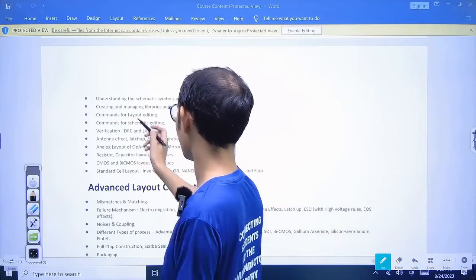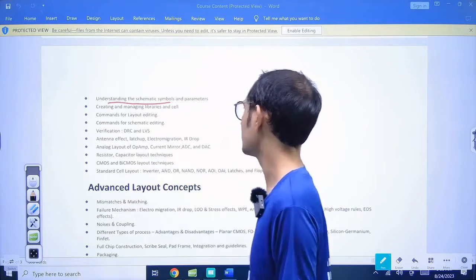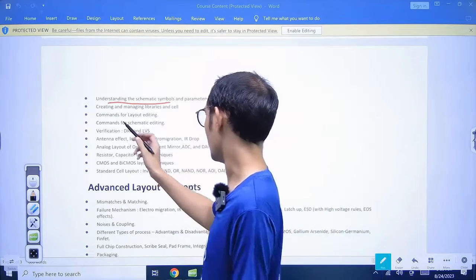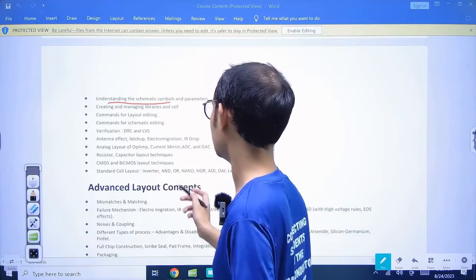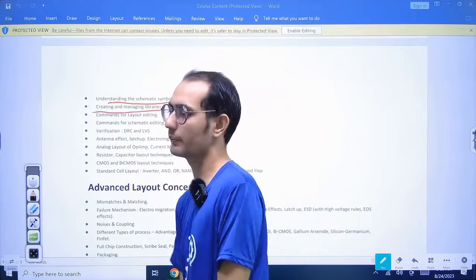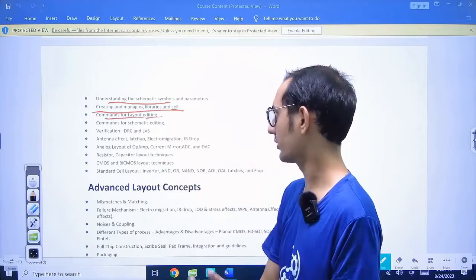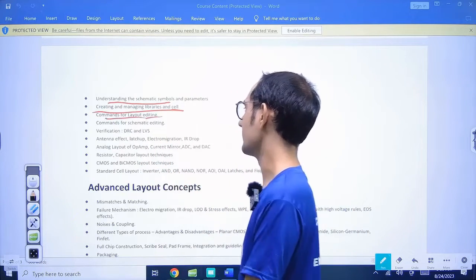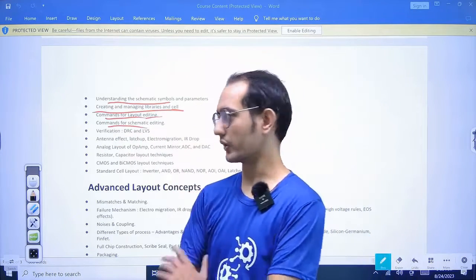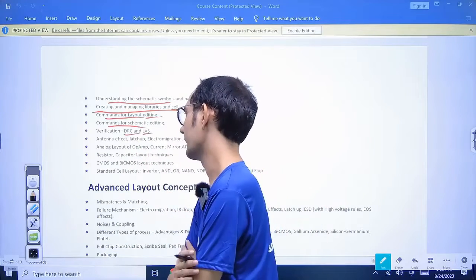so the first point will be the basic understanding of layout, schematic, symbols and the parameters in our layout tool. Then creating and managing the files and libraries in the layout tool. And what are the different types of layout editing commands? Like what are the different types of commands for layout editing and schematic editing also? This will be there. After that we will cover verification, DRC rule check and LVS check, right,